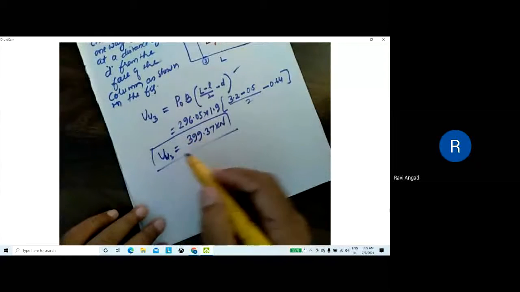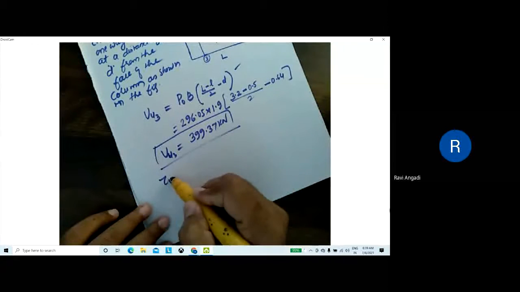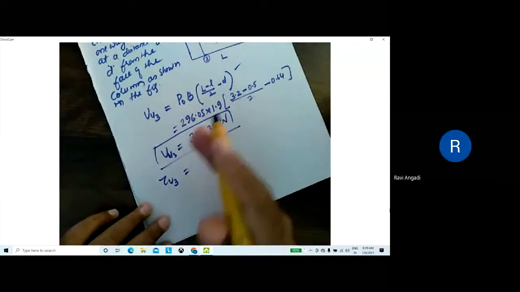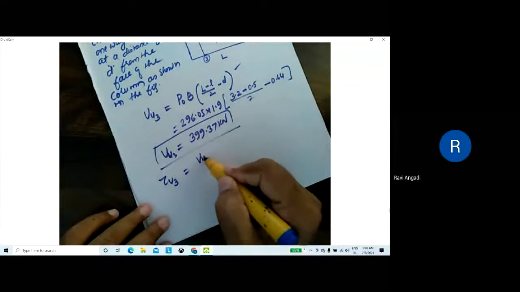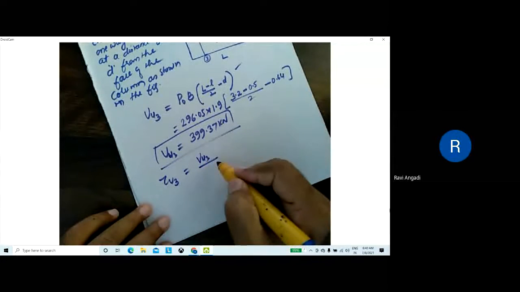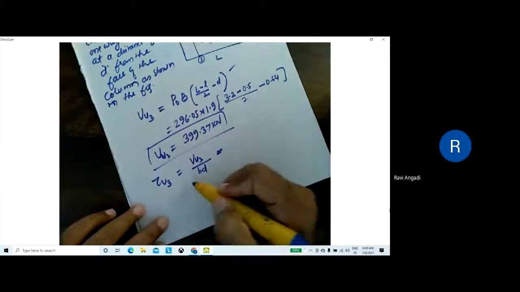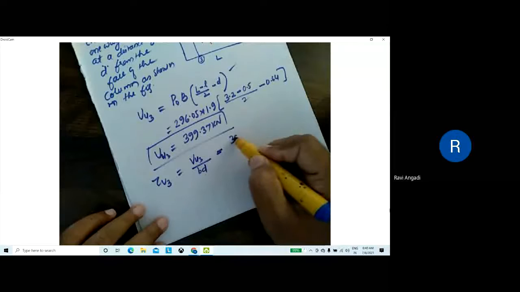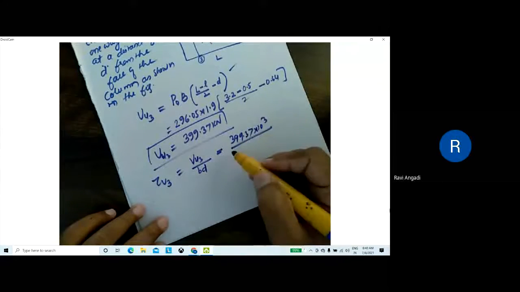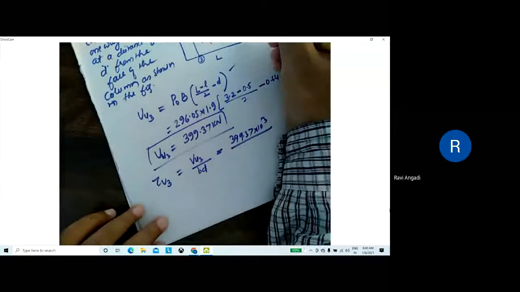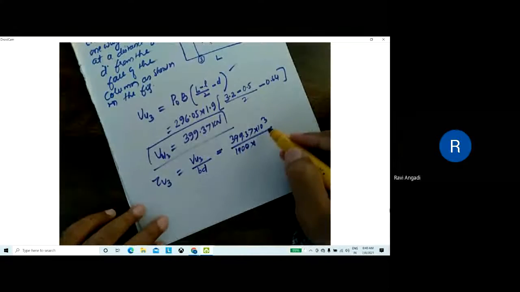For this, you calculate the nominal shear stress. I'll take tau V3, because for section 3 I'm calculating tau V. It will be VU3 divided by B D. So 399.37 into 10 to the power 3 divided by B. What is the width B? It's 1.9 into what is the depth? 640.